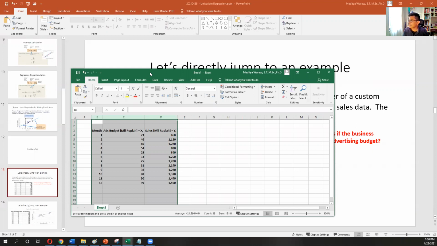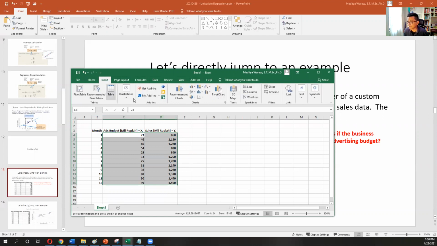The first step that I usually do is to make a scatter plot, just to get an intuition whether the relationship between the independent variable, which is ads budget, and the dependent variable, which is sales, can be identified as a linear relationship. So what we will do is insert here, and then we